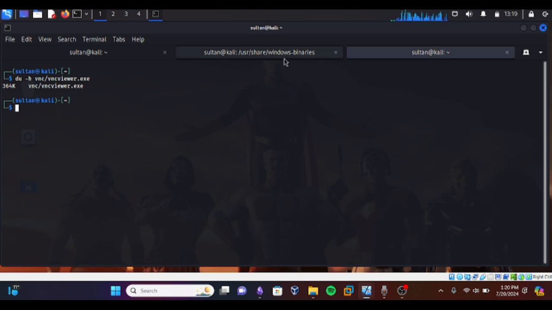After that, what we need to do is to transfer the PE to our target machine. I'll be setting up a server to transfer it. I need to change my directory first.